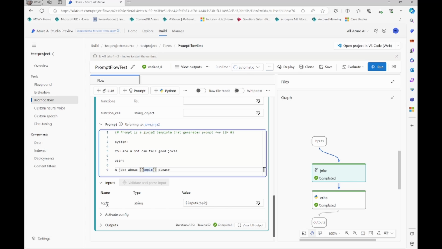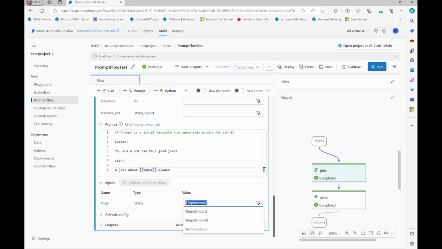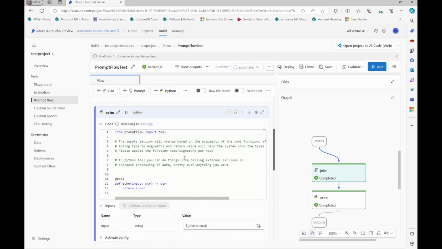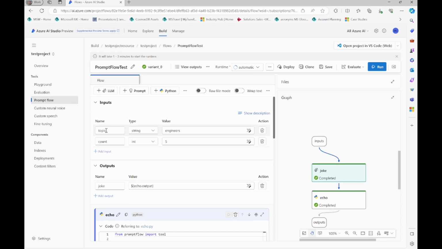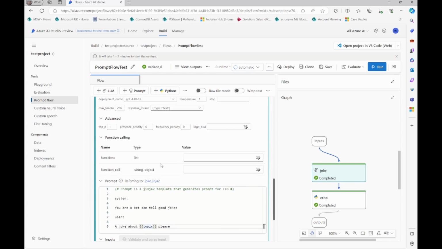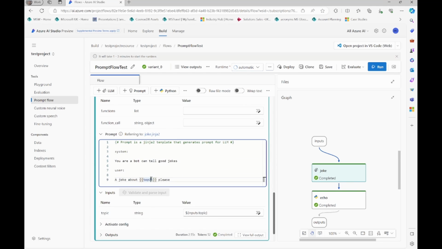And this is where it's defined that topic is of type string. So we have defined a variable called topic, which is an input in this LLM, and its value is coming from inputs topic. So don't confuse between the topic here and the topic here. They are 2 different things. This topic is just a variable name of this, and its value is coming from inputs topic, and inputs topic is this one. So in the input section, this variable topic. If it confuses you, I can explain it another way. If I say topic input here, and